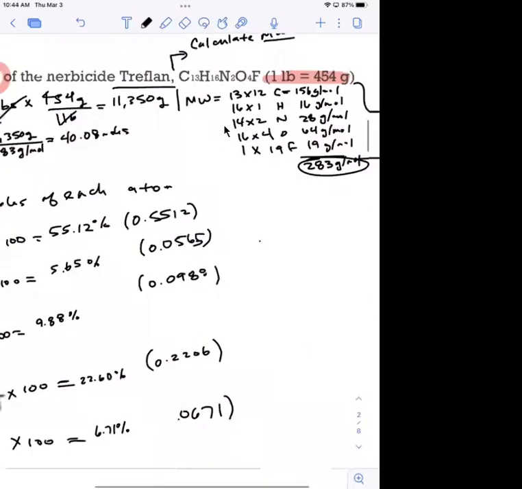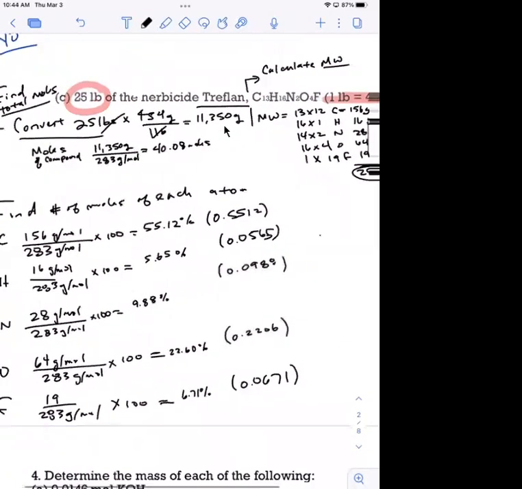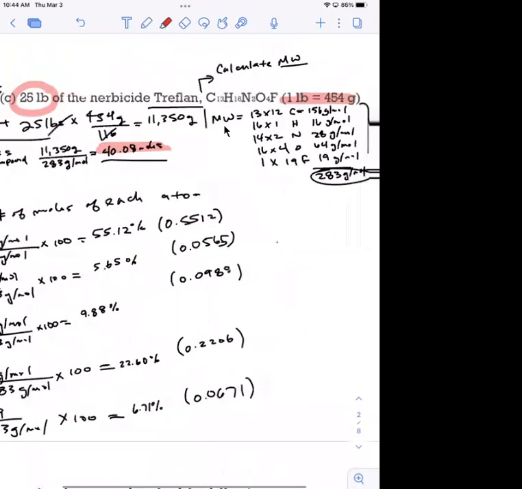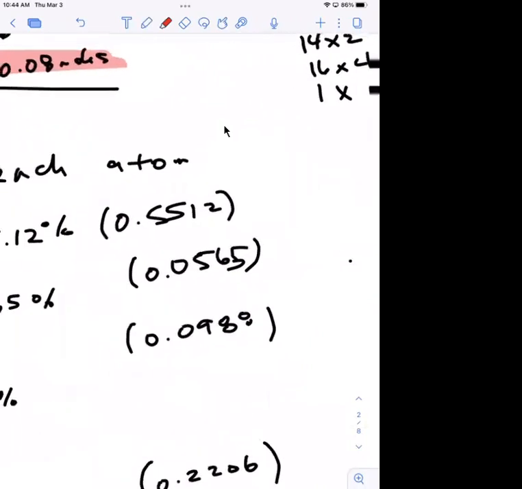And we can just multiply by the total number of moles, right? We came up with 40.08 moles up top. So if we take the fraction, that percentage is literally a fraction, that number over 100. So we could take the fraction